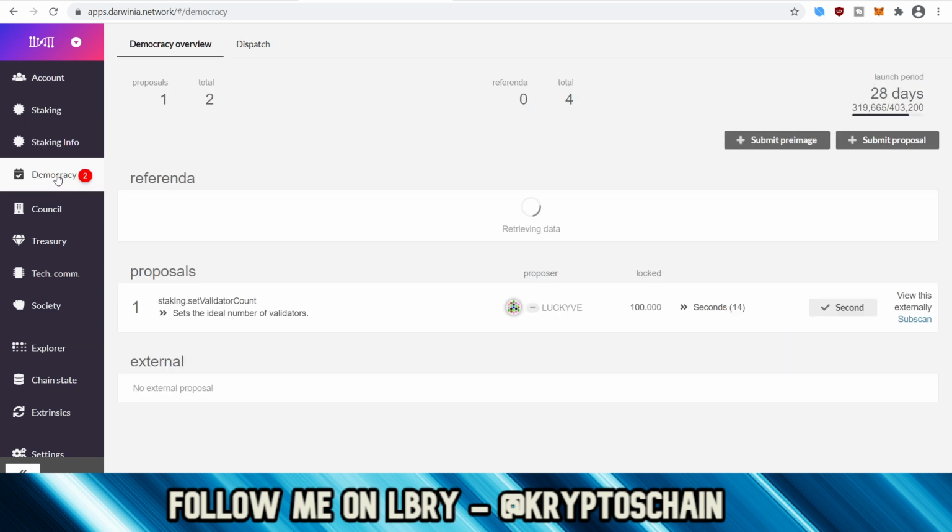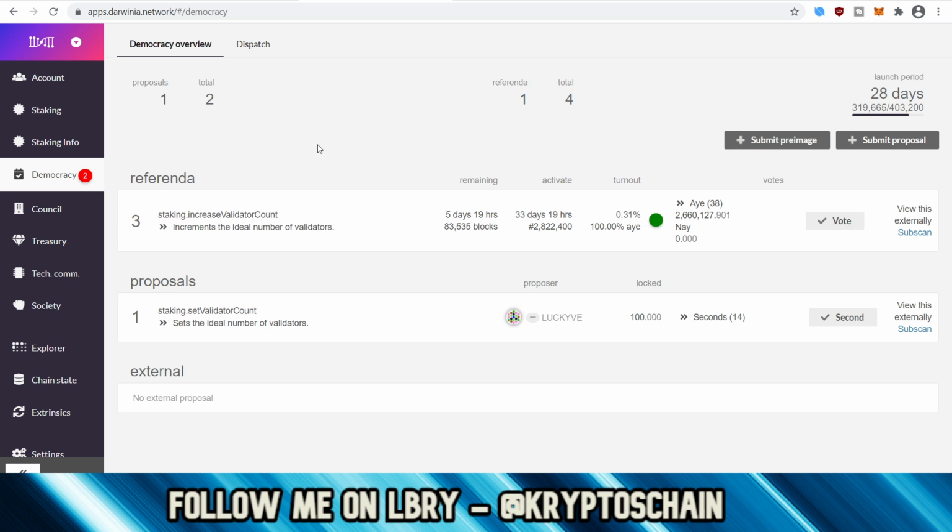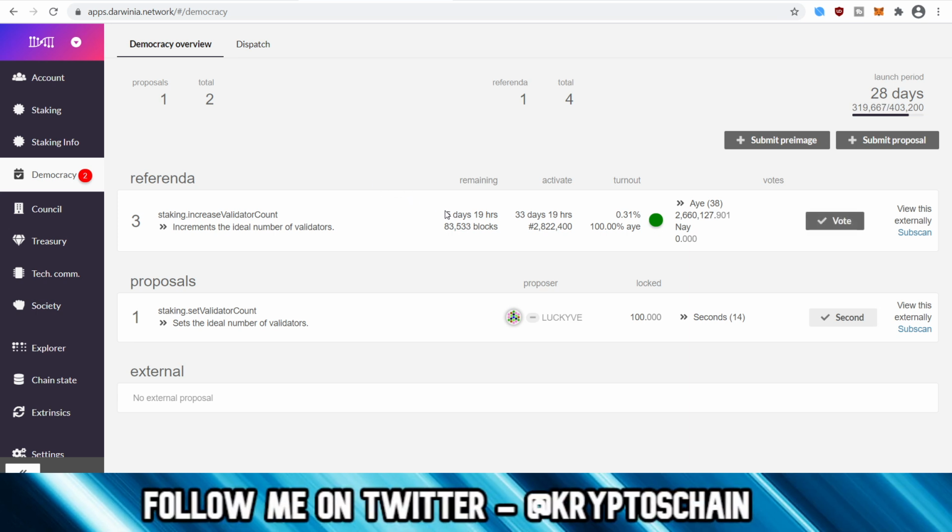There's also the democracy option here. So we've seen this in the past when I was doing other tutorials. Again, you can vote for the referendum. So this is just following the same model as Polkadot.js. As you can see, there's a current referendum here, which still has 5 days and 19 hours left,